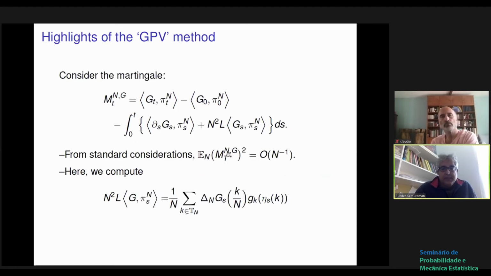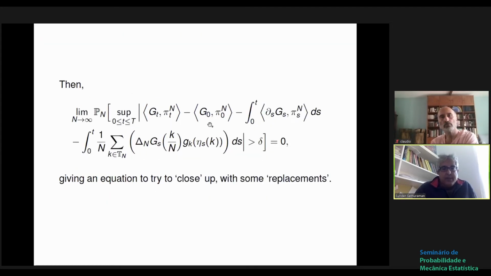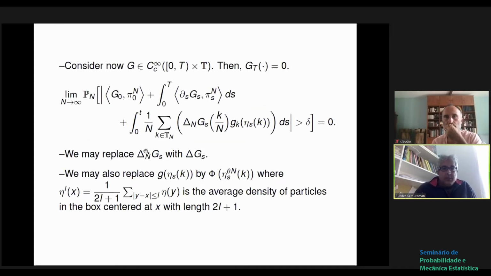Once you have this kind of statement for the square, then one easily gets this convergence in probability. Then the GPV goal is to replace the nonlinear functions in the correct way, and so we could replace delta n with delta, and g k,